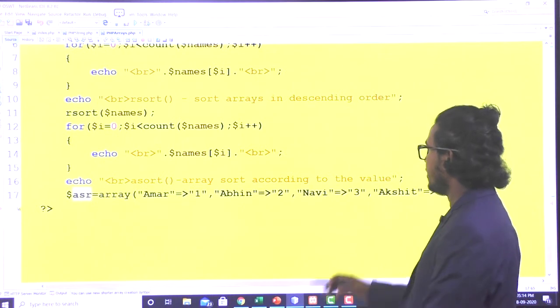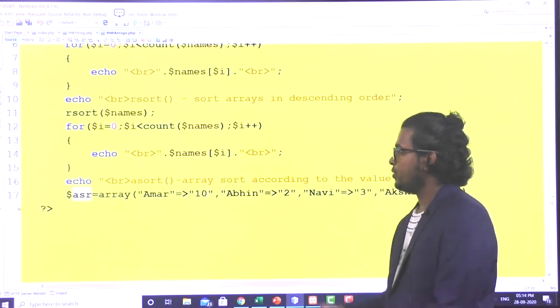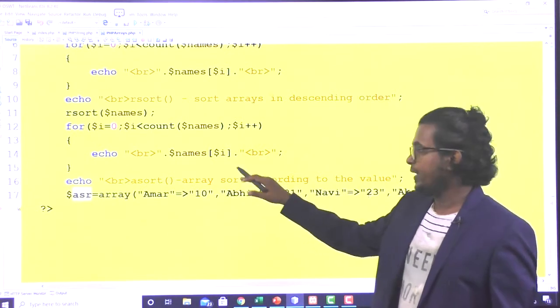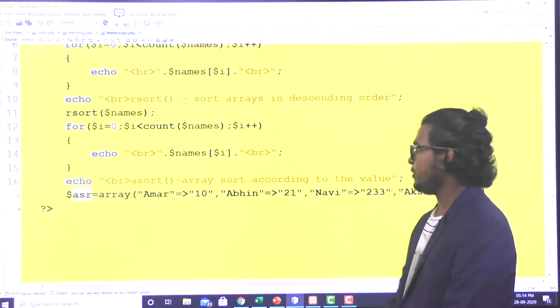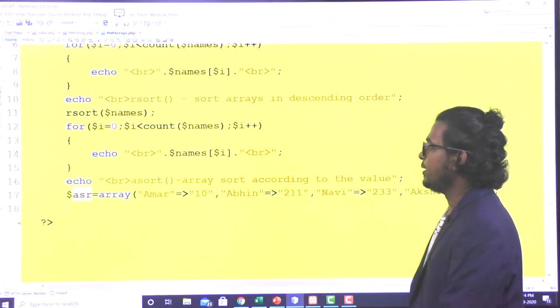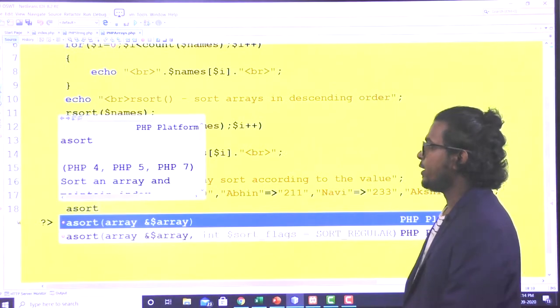In total I'm taking 4 variables here. You don't need to write 1, 2, 3. You can write anything here. 10 you can give, 21 you can give, 23 you can give, any number there. No need to write only the order 1, 2, 3. You save and call the associative array function.